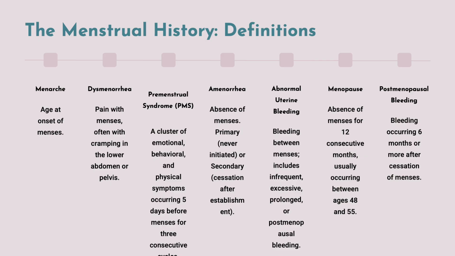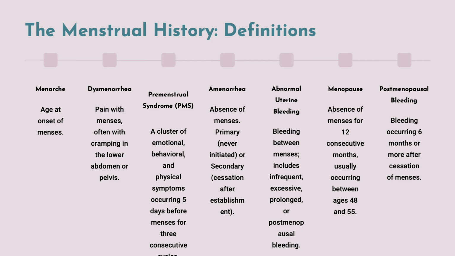Okay, so how do you clarify that? When the patient complains that they haven't had any menses ever, you ask them, have you ever had menses before? As simple as that. Another related term is abnormal uterine bleeding. It's bleeding in between menses. So menses normally happen every 28 days, right? But if there's any bleeding between those periods, then we call that abnormal uterine bleeding.